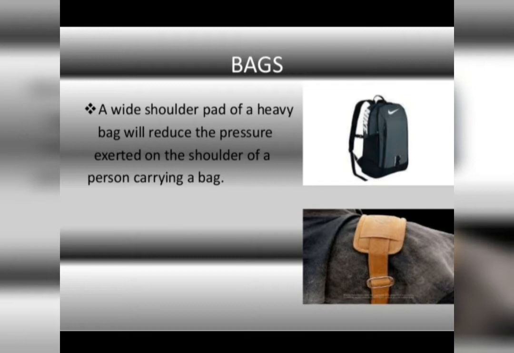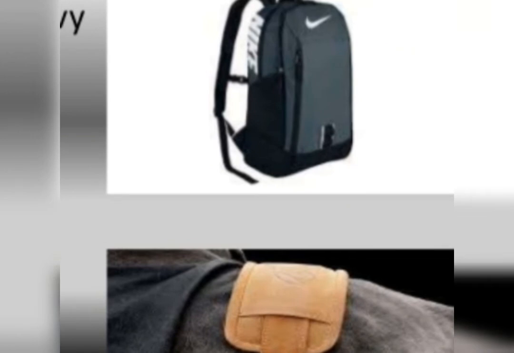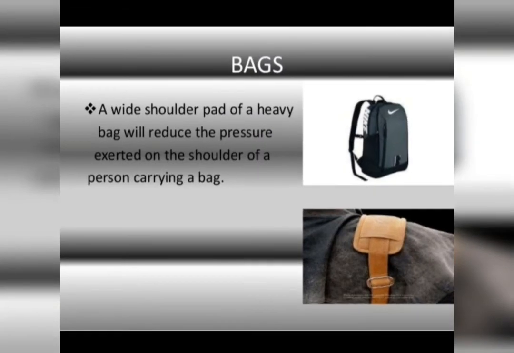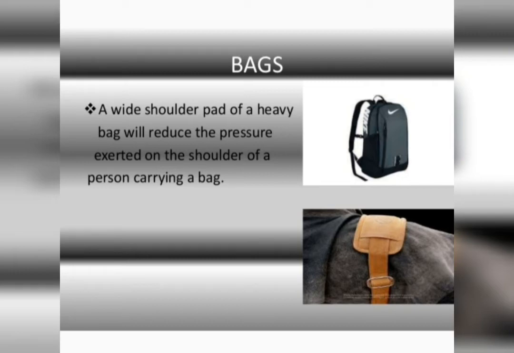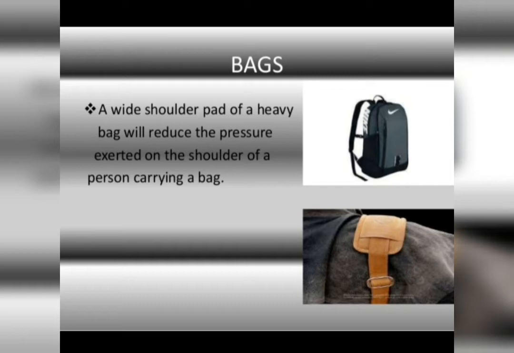Now tell me, students, you might have observed that school bags have wide straps, right? Why do school bags have wide straps? Why not narrow straps? Basically, a school bag has wide straps made of thick cloth so that the weight of the bag may fall over a large area of the shoulder. Weight is nothing but force, and when force falls over a large area, what would be the pressure? It would produce less pressure on the shoulder,